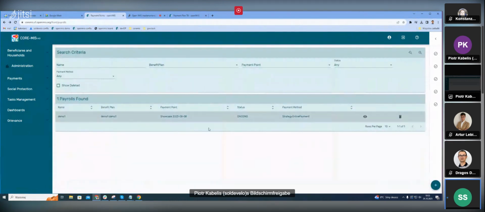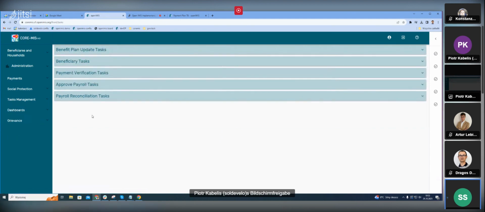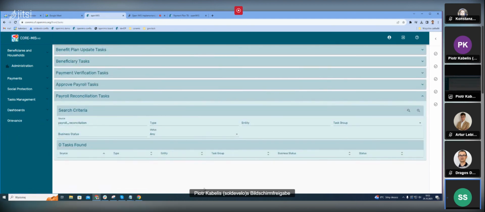Because normally when we accept the payroll, then the payroll should change to awaiting reconciliation. Then the next stage is accepting or rejecting the reconciliation, and once we have the reconciliation,